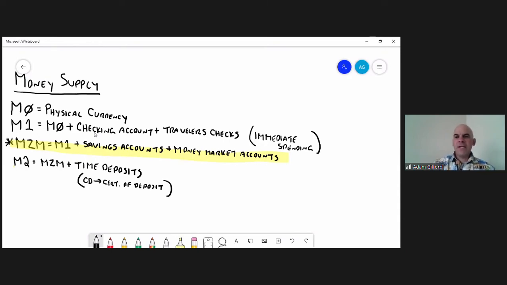So if you have money in the bank, you can purchase a CD directly through your bank, or certificate of deposit. What this does is give the bank the use of your money for a fixed period of time, however long that CD is, and they're going to pay you interest on that money. The problem with the CD is you cannot access that money